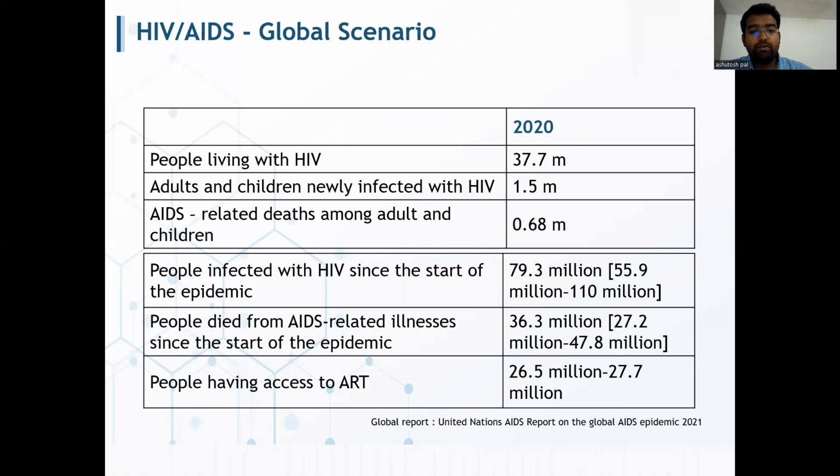People who died from AIDS-related illness since the start of the epidemic is approximately 36.3 million. People having access to ART are 26.5 million to 27.7 million. It's a range. This data was given by the United Nations AIDS report on the global AIDS